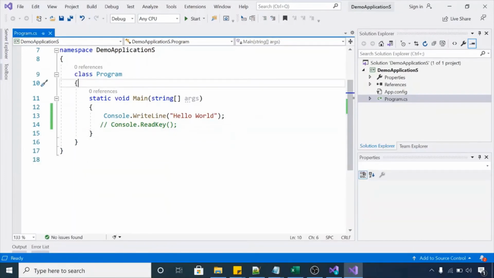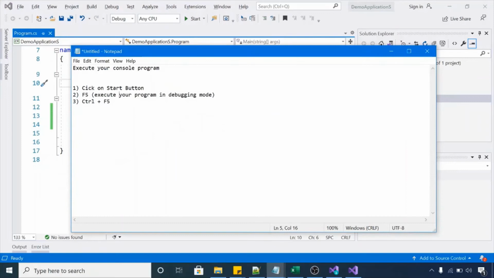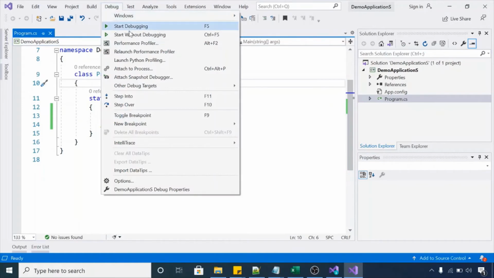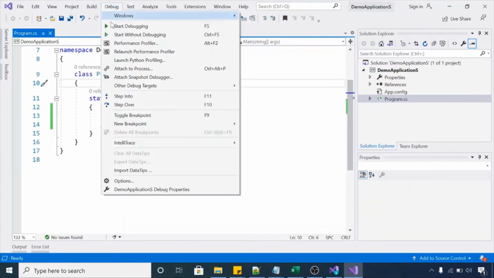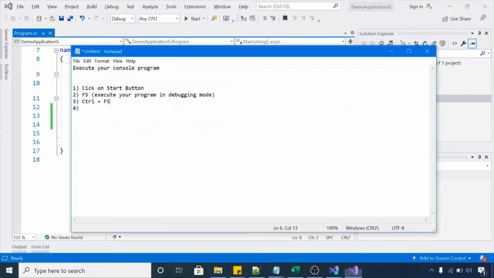And I just showed you 3 ways to run your program. There is another way. You can just go to your debug option and click on this start debugging or start without debugging. So I told you the shortcuts for these, F5 and Control F5. So these are 3 or 4 ways to execute your program in Visual Studio.